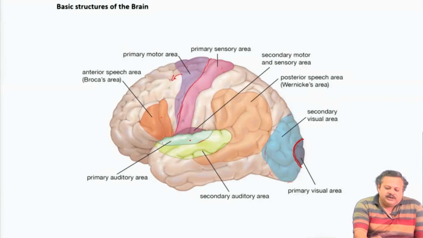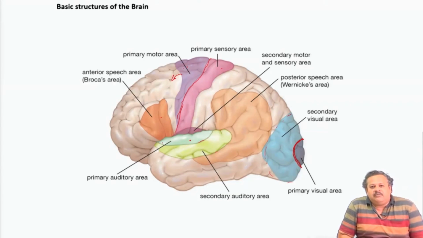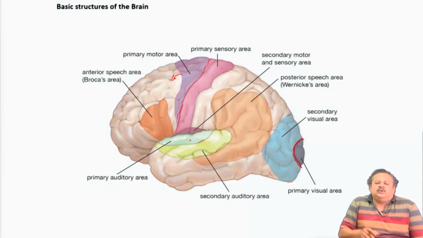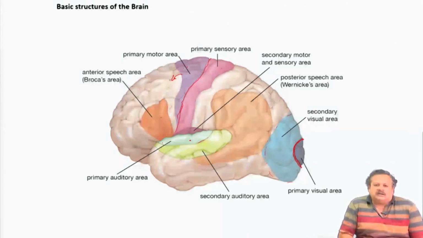Anterior to the primary region are the secondary motor areas and the premotor areas, where motor planning takes place. That is how the different sequence of actions will be performed. That is planned, and then it drives the primary motor area to produce the action through the subcortical structures